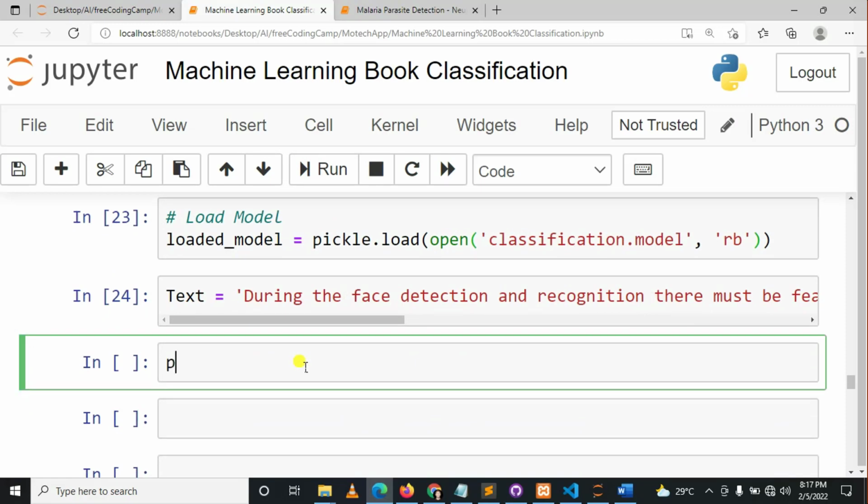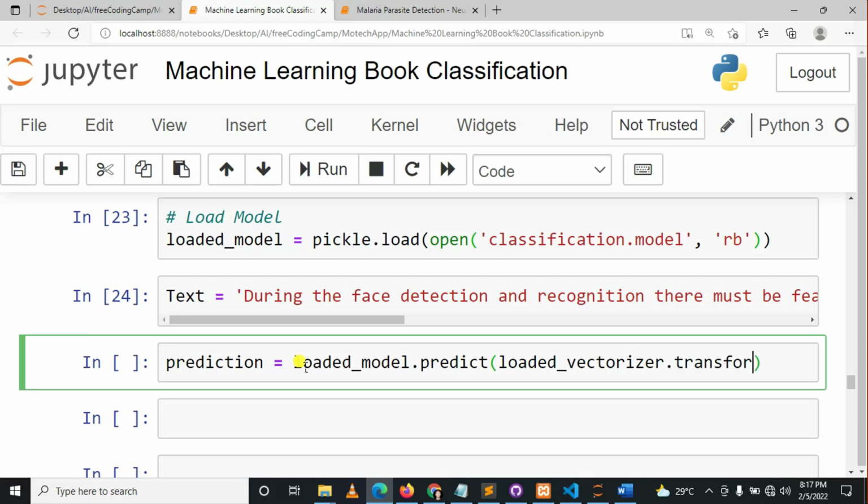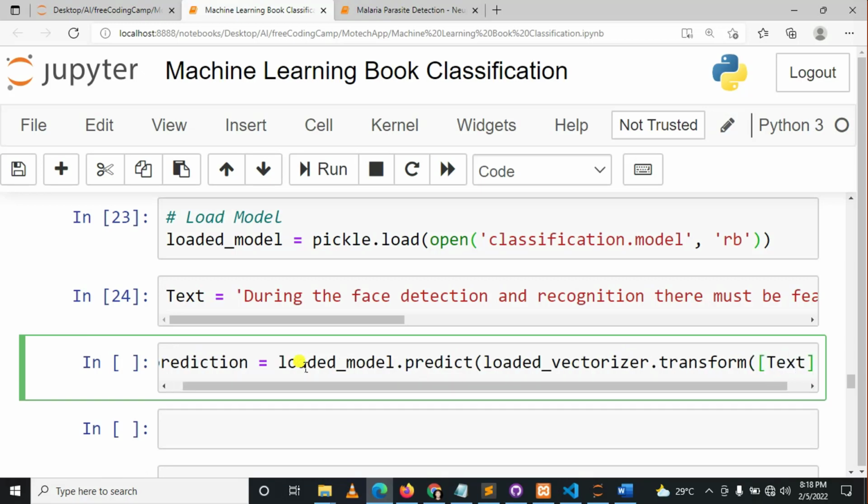Then after here I can say prediction is equal to loaded model.predict, then bracket, loaded vectorizer, then I can do .transform to transform the text, then put a bracket, square bracket, the text I want to predict.